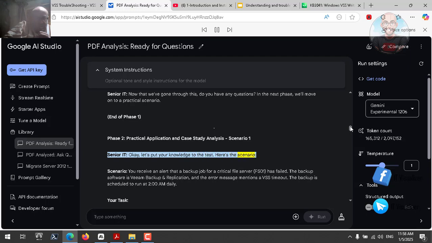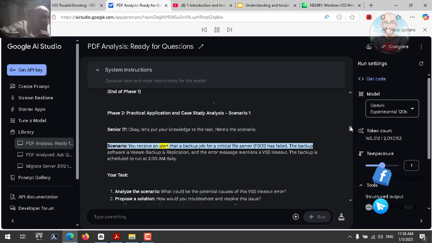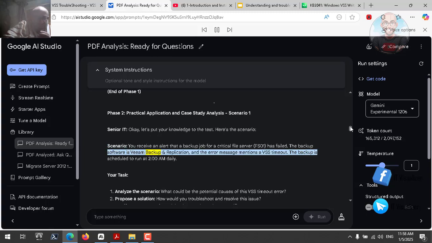Here's the scenario. You receive an alert that a backup job for a critical file server, FS01, has failed. The backup software is Veeam Backup and Replication, and the error message